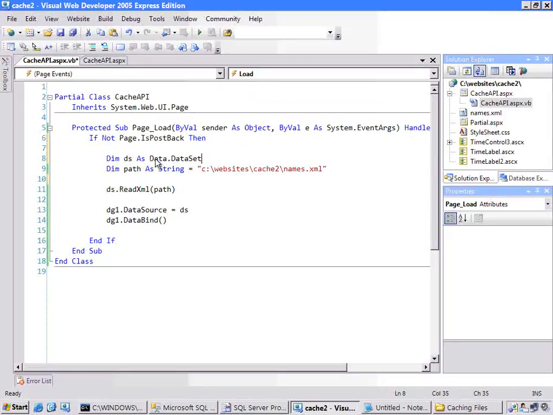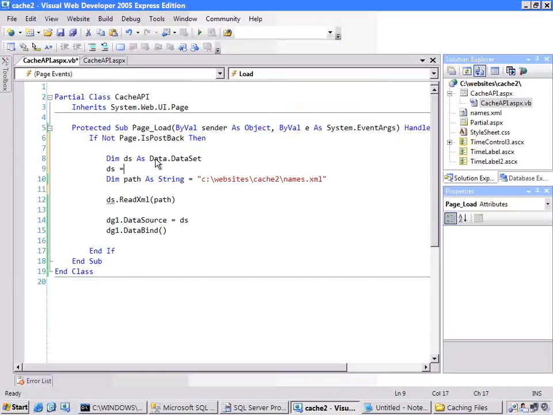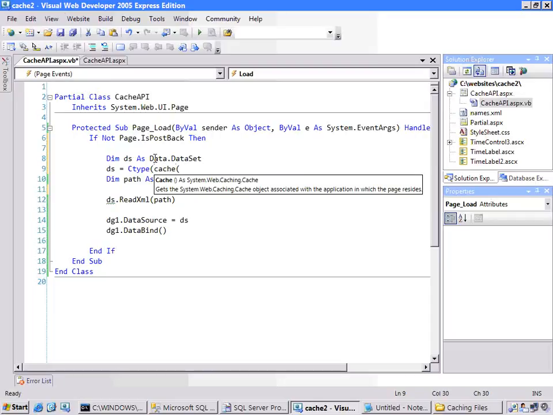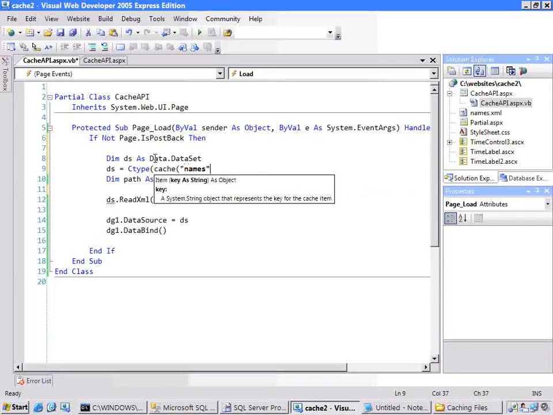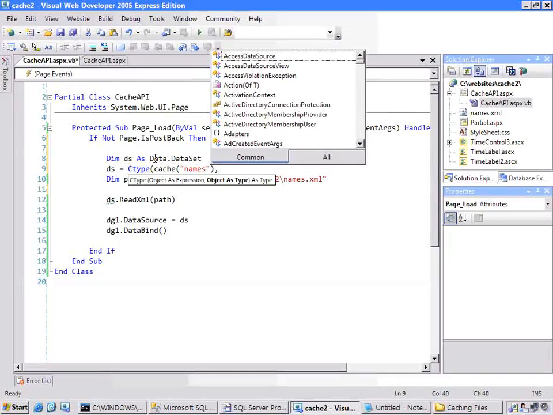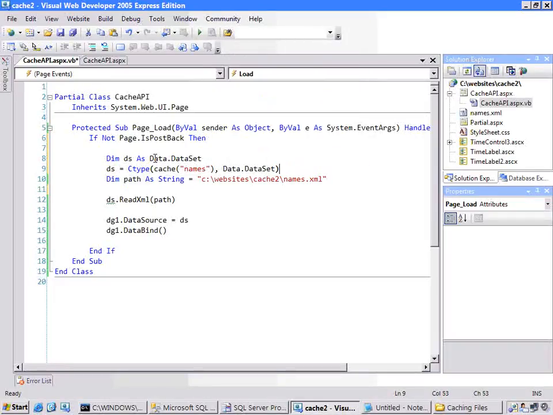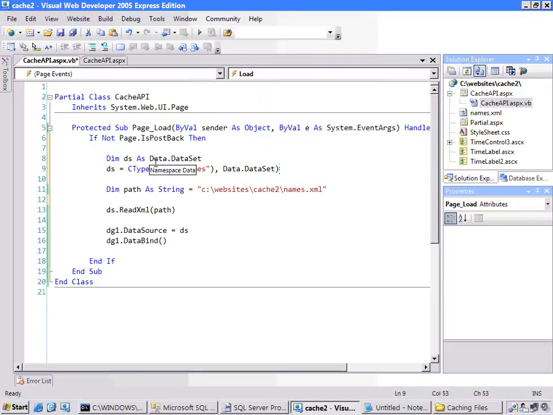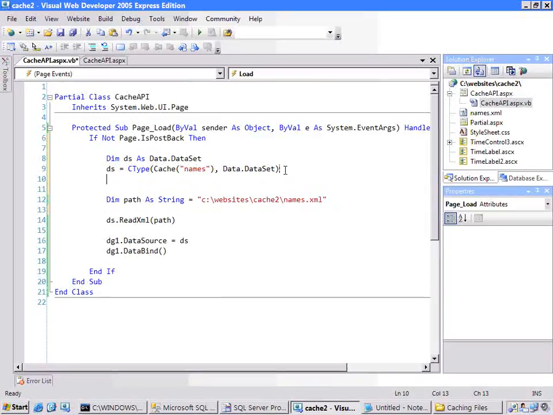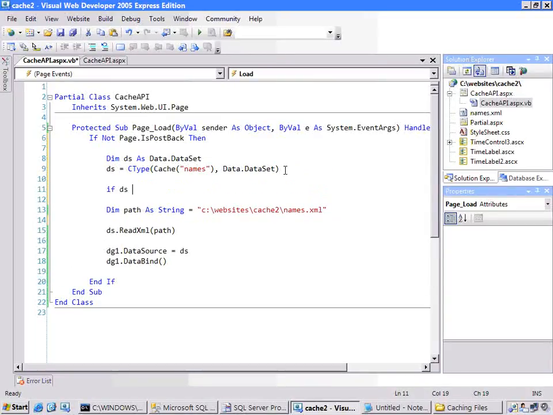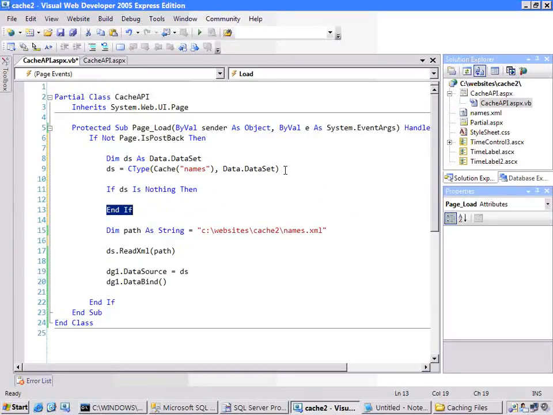I don't want to create a new instance of it yet because there's a chance, but not on the first time through, it will be found inside the cache object, this global cache object. And we have to give it a name, the name of the cache hash or the cache key value. And if it's found, I want that generic object to be returned cast as a data set. Now the first time through that's not going to be found, so in this case if the data set is nothing, then we're going to execute a block of code, else